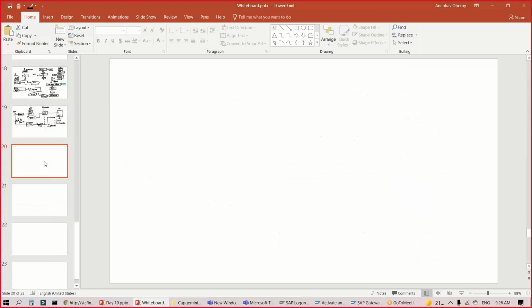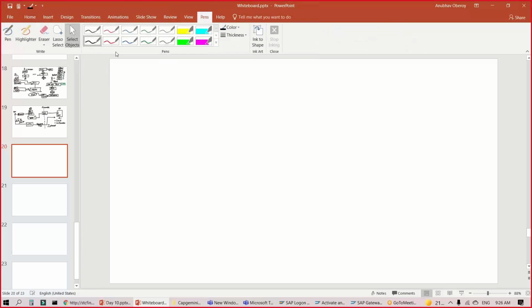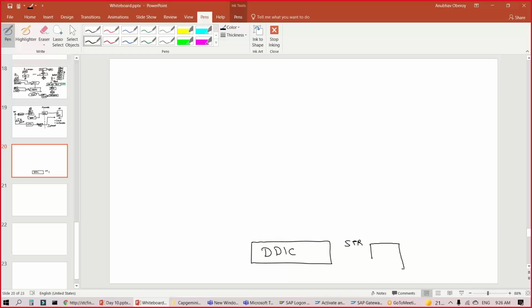Whenever we design an OData service or a solution, what are all the components it typically includes? You will always start at the bottom with the data dictionary, your database artifact, DDIC. Let's say you will have a structure with fields like X, Y, and Z. Then on the next step, you write a function module.